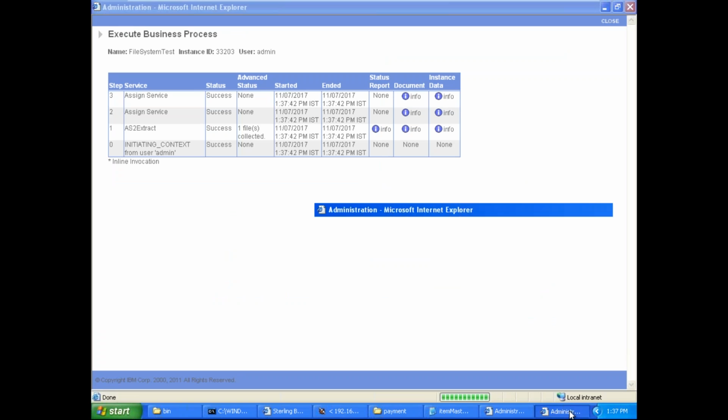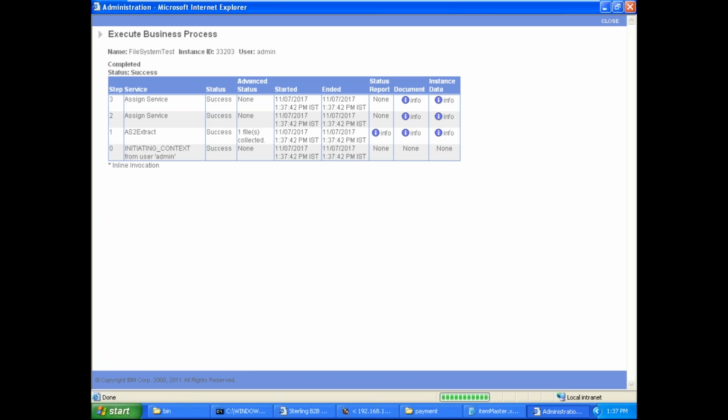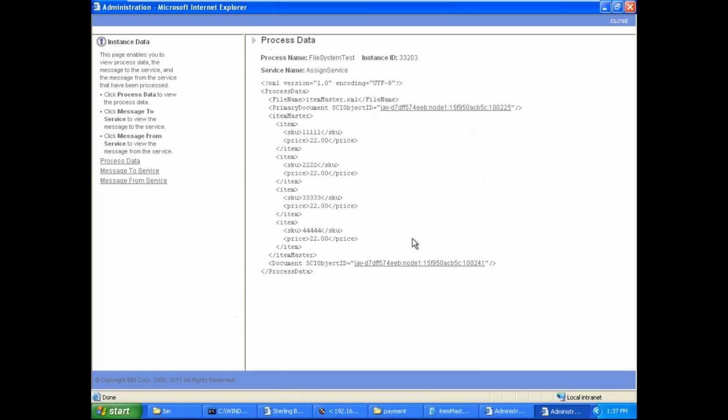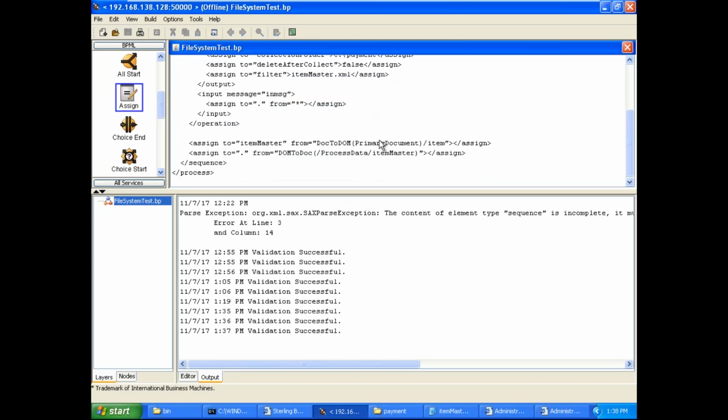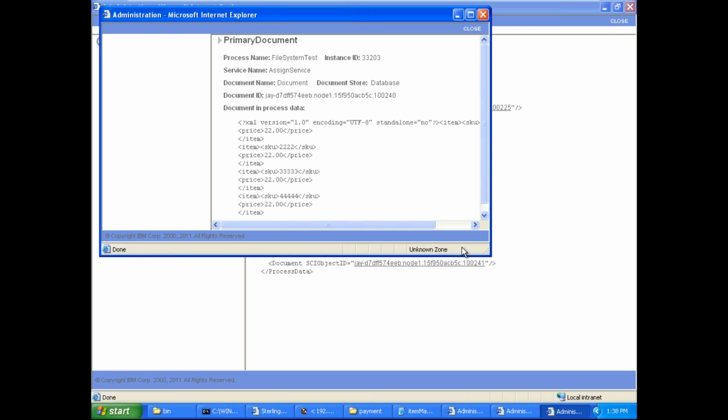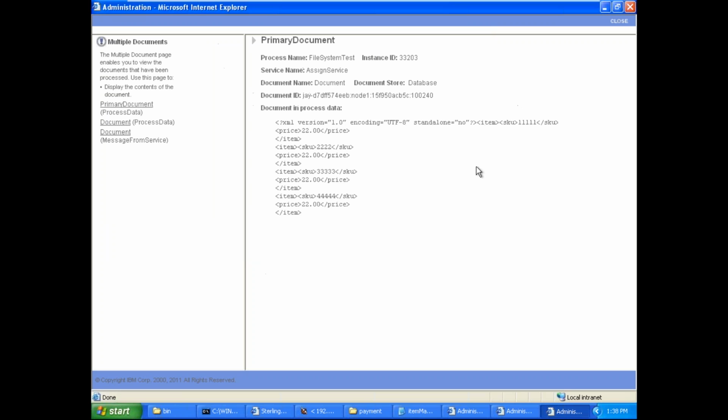Click on this. Remember this: if some window is already open, it does not open it again. See, your DOM to doc. DOM means process data to document, and it has created a document. Do you see this? It has created a document. And if you open this document, you have this